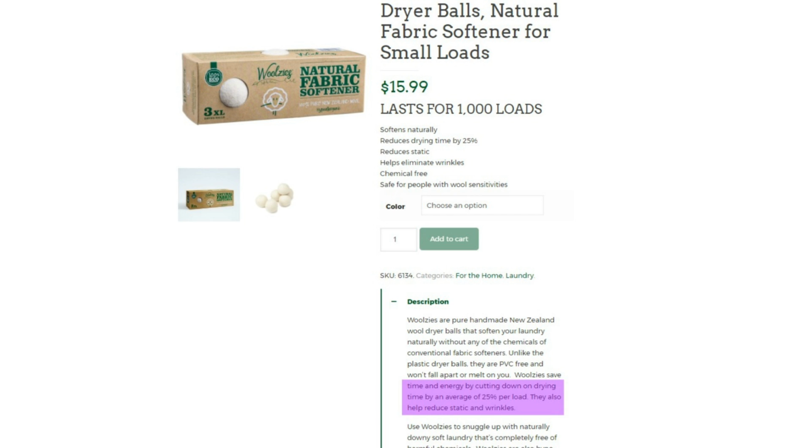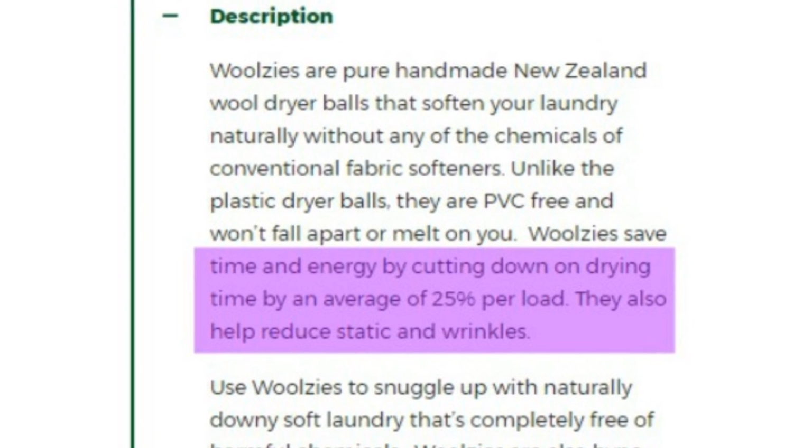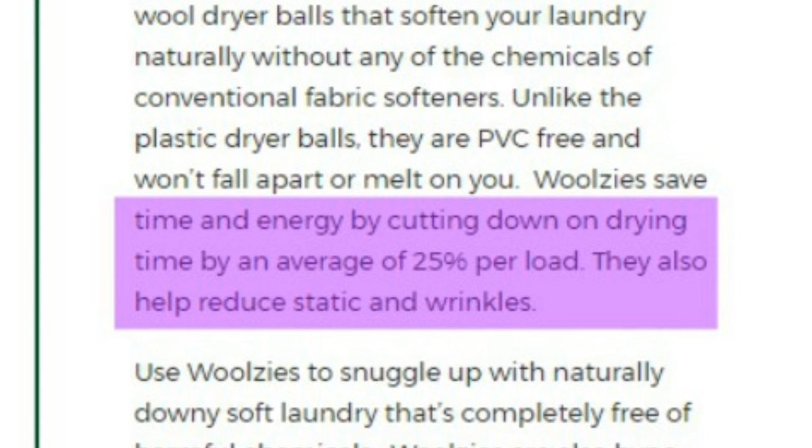If you go online and do a Google search for dryer balls, you will find dozens and dozens of claims that dryer balls reduce drying time by 25% or more. Everyone seems to say this, and how do dryer balls do it? Well, according to